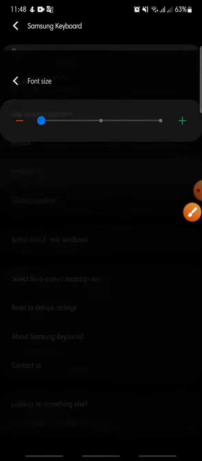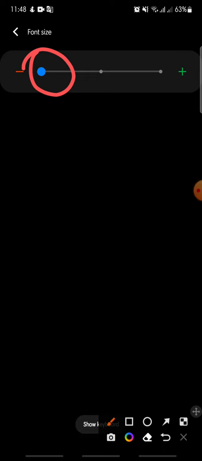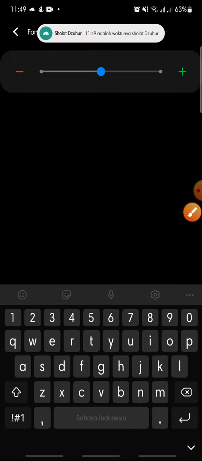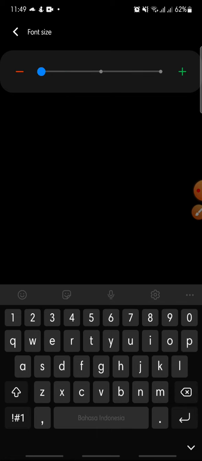So you just click on it, and after this, in here you can swipe this icon to medium or the high. Okay, I want to choose the medium first, and you can click on show keyboard at the bottom. Okay, this is the medium and this is the large, medium, small. Okay, like this, and after this you can click on the size that you want, and you can go back